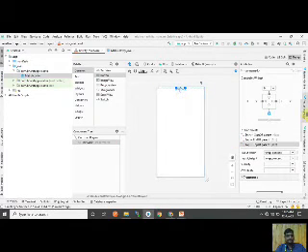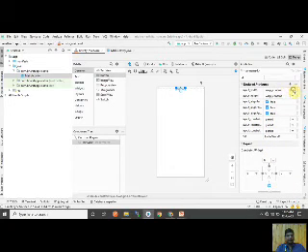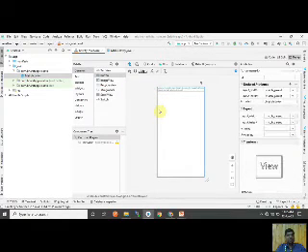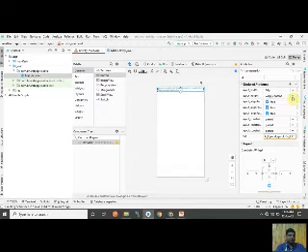Okay, and now go to match parent and wrap content. Now you see, when we insert the text into this, it is automatically added at the side. It is converted into a multi-line text because of wrap content. I set the height property to wrap content. If you set the size of this, like 10 dp,